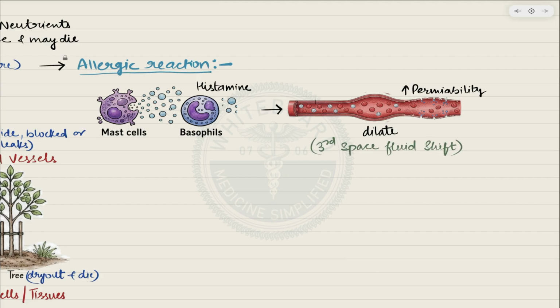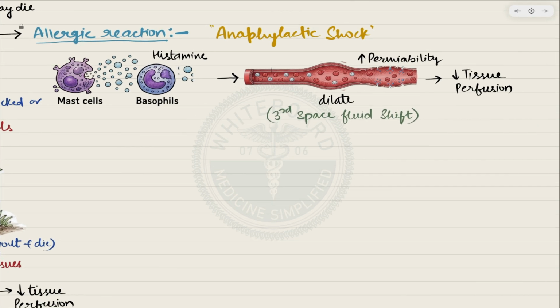As a result, due to this fluid shift from the blood vessels into the surrounding tissues, the amount of fluid remaining within the circulation gradually decreases. Consequently, tissue perfusion decreases and the cells receive less oxygen and fewer nutrients. This type of shock, which occurs due to widespread vasodilation and fluid leakage triggered by a severe allergic reaction, is known as anaphylactic shock. Like in anaphylactic shock, where mast cells and basophils release histamine, a similar process occurs during